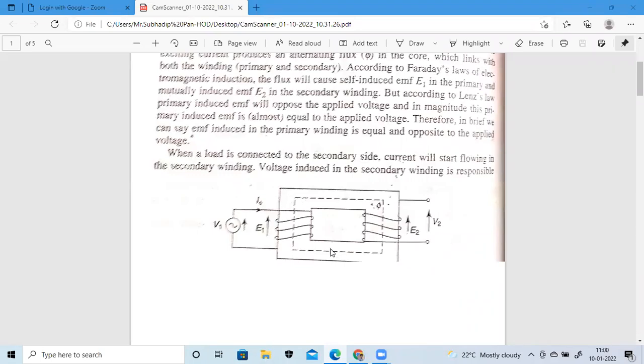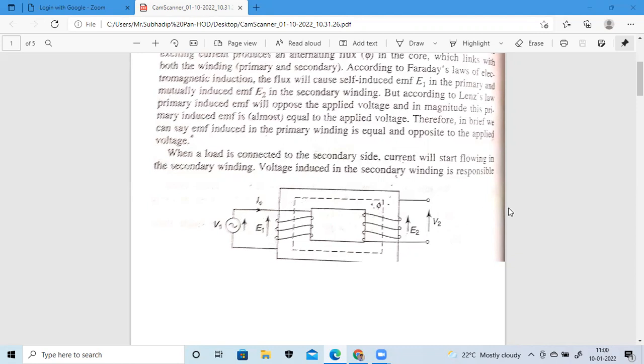Okay, so the final equation of EMF induced in the primary coil is 4.44 N1 B suffix M into area into frequency. If there is an obstacle and it reaches the obstacle, then the maximum flux density into area reduces by 80%. This is T1, this is T2. It will reduce the speed by 30%.